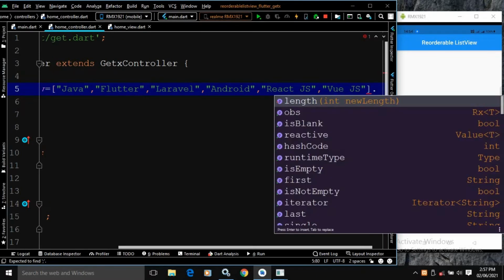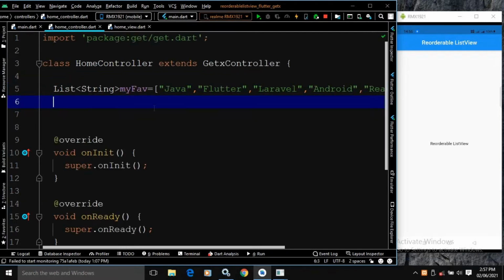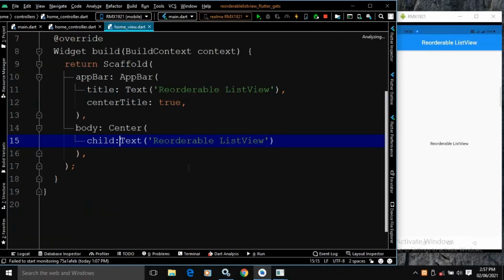And I will make it observable with the help of .obs. Now after creating this list of strings in the home controller, I will move to the home view file.